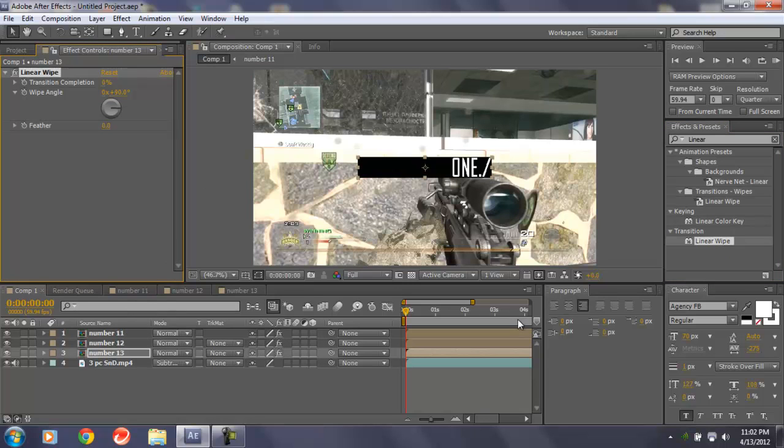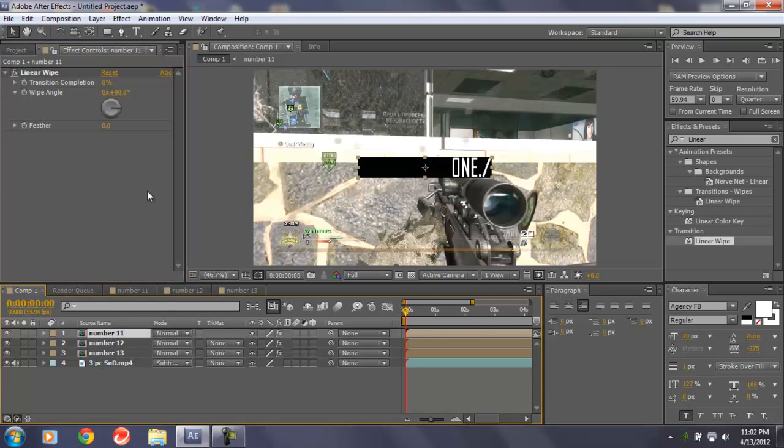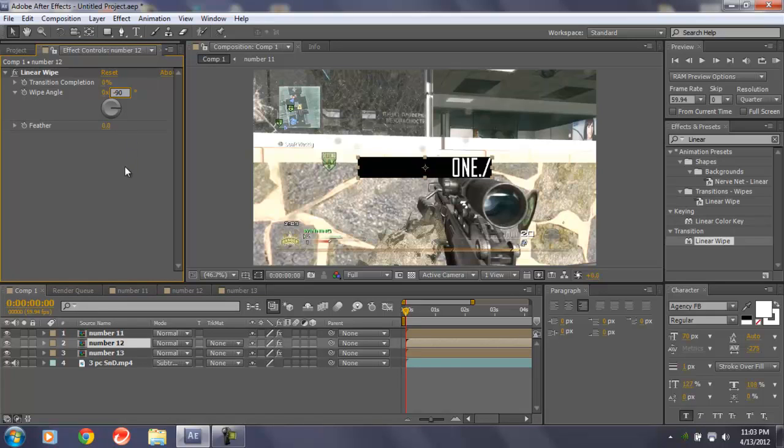Bam, right there. Okay, so now we got linear wipe, and make this negative 90 for all 3 of them. I'm sorry, I just had a little voice crack right there. Anyway, so after you do negative 90, you can feather it if you want to make the edges smoother. You can if you want, but